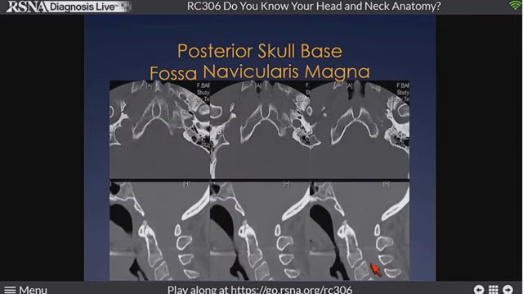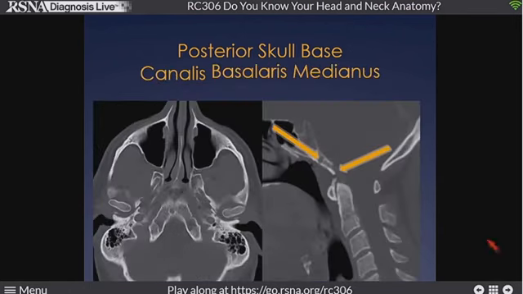Here's another one that you'll see from time to time. This one named the fossa navicularis magna, a large defect in the basisphenoid. You can appreciate this scallop defect. It typically contains just adenoidal soft tissue. Don't want to send people after that. It's a leave-alone lesion. But again, please note this really nice corticated normal bone.